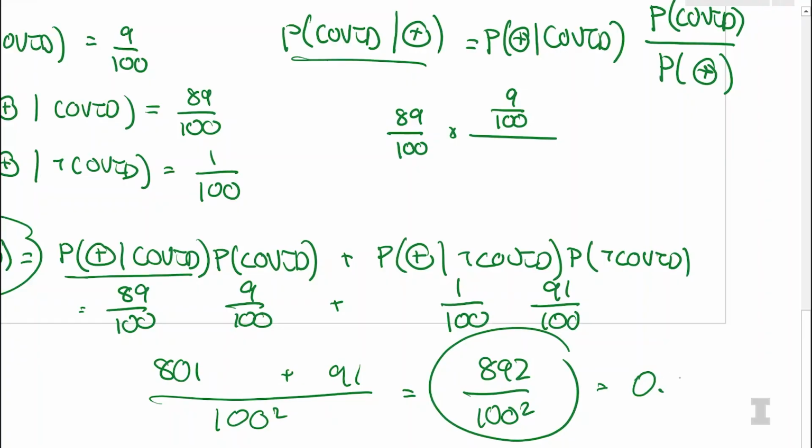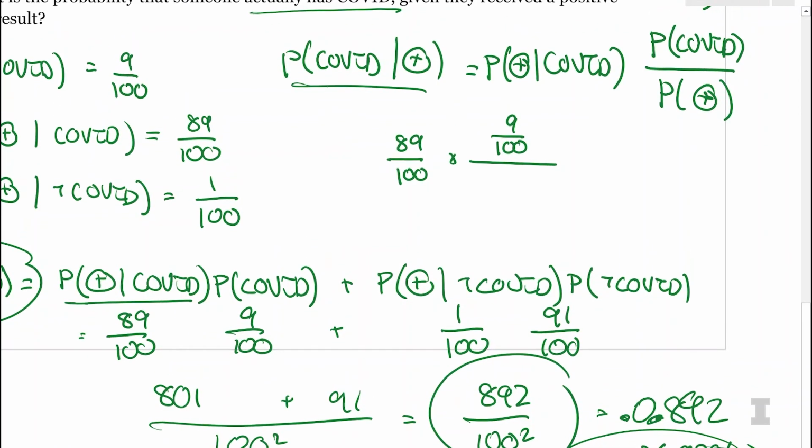Just out of curiosity, because these are a real test and a real research paper, what is 892 divided by 10,000? 0.0892. Yes. So during the time of this research study, 8.92% of the tests came back positive. So that was a test positivity rate of around 9%, and that's in line with the historical data. You can look at U of I and see that we had about a 9% positivity rate during the early parts of the pandemic, when we were first developing this test.